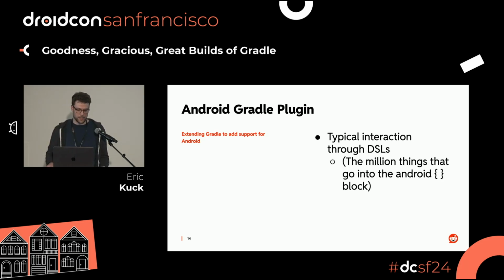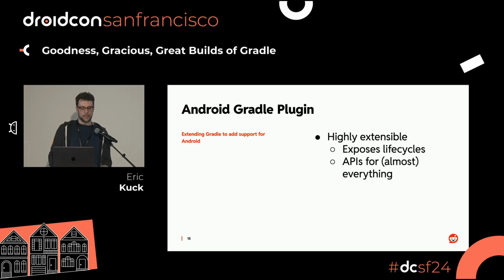Typically, you would interact with AGP through DSLs. These are the million things that go into the Android block of your build script. And it is actually highly extensible. They have done a very good job making sure that people can build on top of it. It exposes some really nice lifecycle events, and it has APIs for almost everything. And without those, we would not be able to get into what we're doing on the next slide,